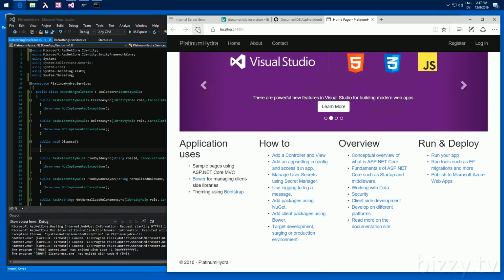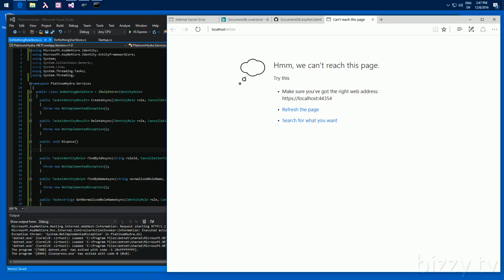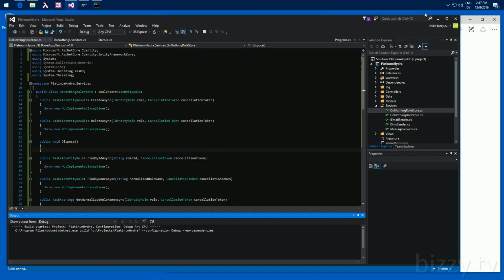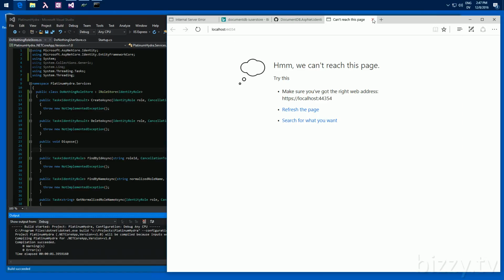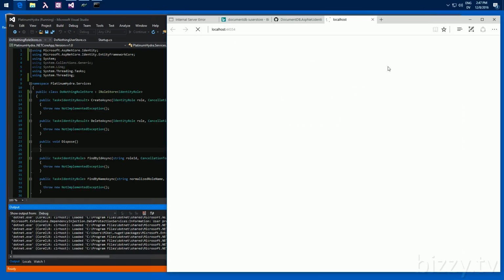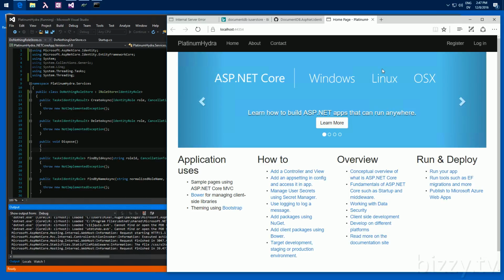Well, it looks like it actually worked anyway. Oh, we need to start debugging again. Aha, so now we were able to launch without throwing any exceptions because we've given it a do nothing user store and a do nothing role store. Now obviously our do nothing stores don't talk to any database on the back end. So if we log in this time,